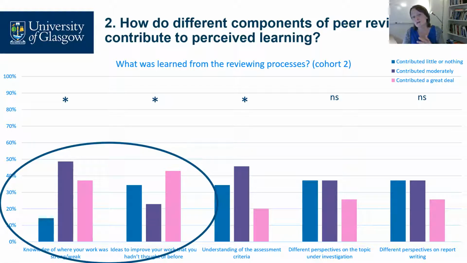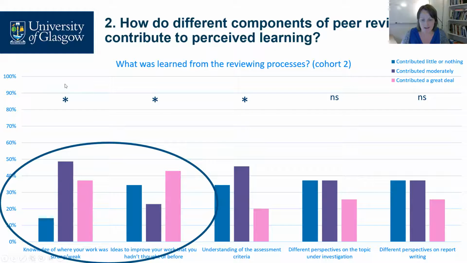So cohort 2, if you remember, were asked to explicitly compare their own work to other people's work, but not at this stage. This is still the reviewing process, where they're just looking at other people's work and writing comments. But the fact that they're identifying that they're learning about their own work from that fits with the bigger idea that students are spontaneously engaging in the review of their own work when they're reading other people's work.